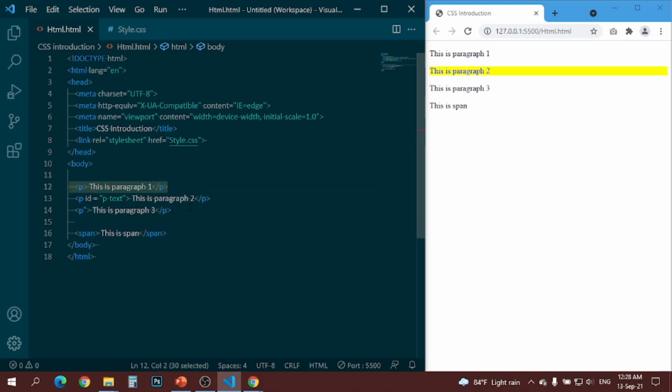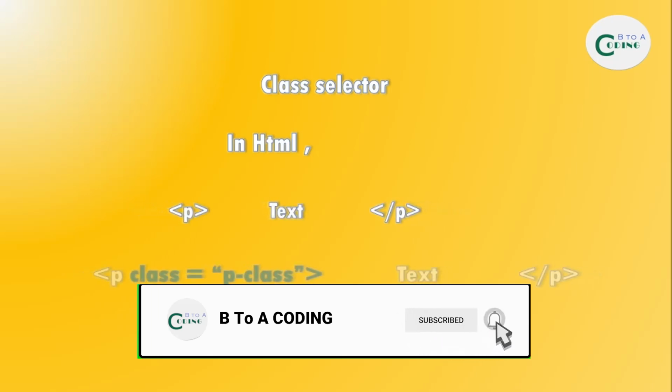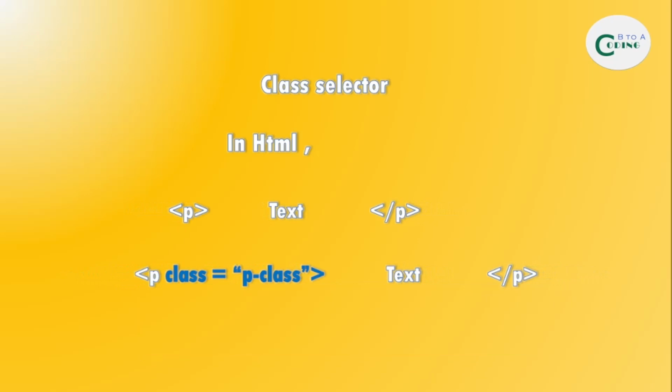So in this case, we can use the ID attribute, but it is not recommended and it is considered as a bad practice. So if you want to use the same design to more than one element, it can be paragraph, span, or whatever it is, there is an easy way to do that. So when we need to give the same design to a lot of elements in our web page, we can use the class selector. So in HTML, we'll be having something like this. So we can type as class equals double quotes and give it any name that you wish, and head back to the CSS file,